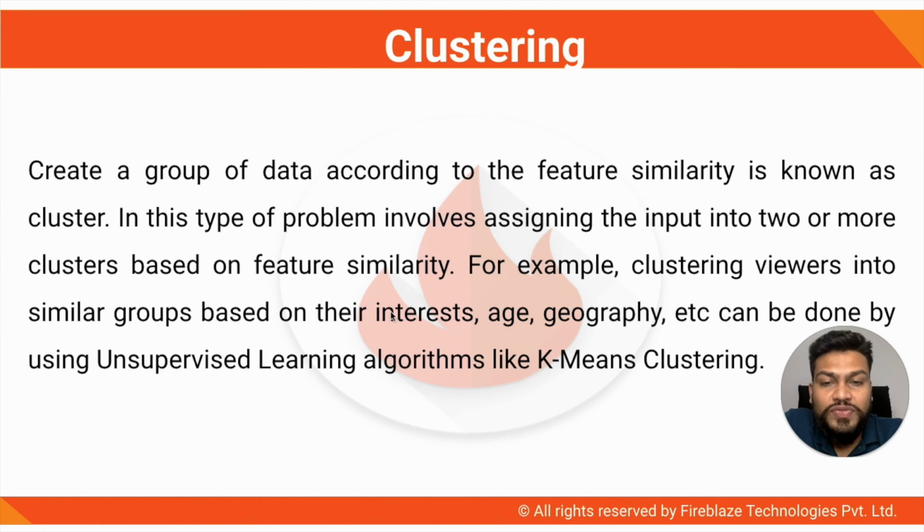Now, if you classify these guys, right, like the people who are having similar interests, similar age group, are from the same geographical locations, you don't know the outcome, what to call these groups. But on the basis of similar characteristics, you are calling them a group, a cluster. For such problems, we use a clustering algorithm wherein you don't know the output. So this is unsupervised. And within that, you have k-means clustering, hierarchical clustering, DBSCAN, and all different kinds of clustering techniques. So those are all different machine learning algorithms which we use.